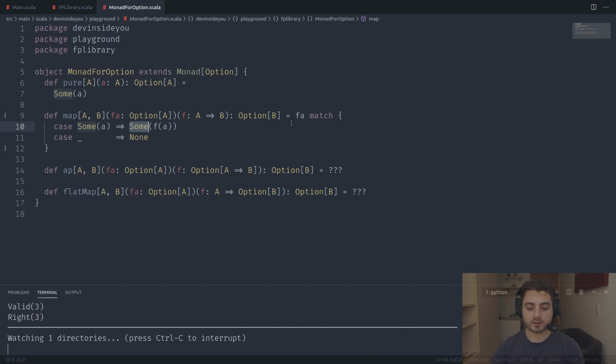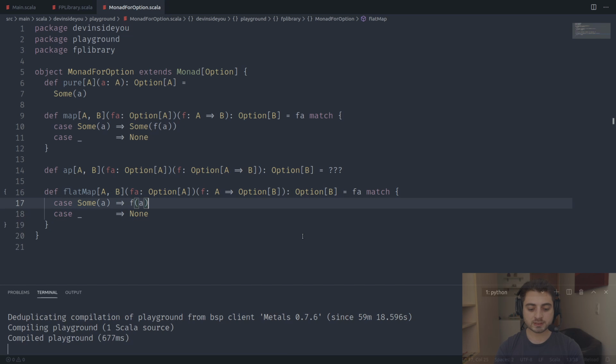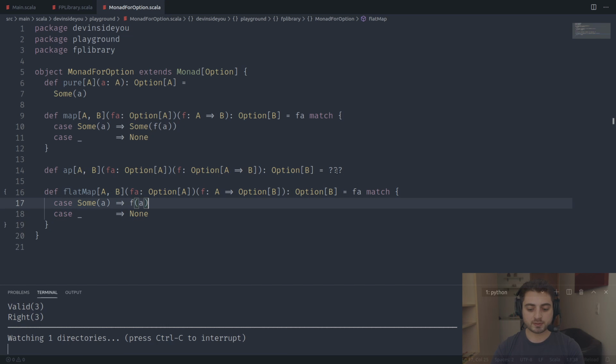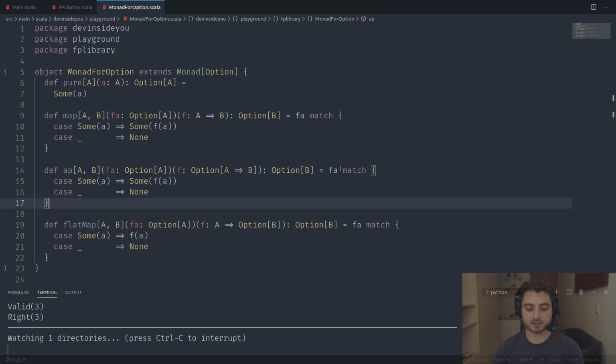Now let's go into flat map. Flat map is very, very simple. You just do that, and you just don't need to do this Some. Okay, like this. All right. And app is also going to be very similar. I'm going to do that. So if it's a Some, then we're going to take the app,